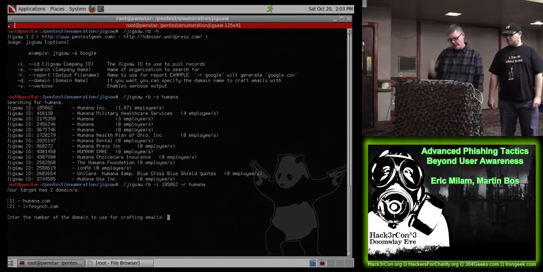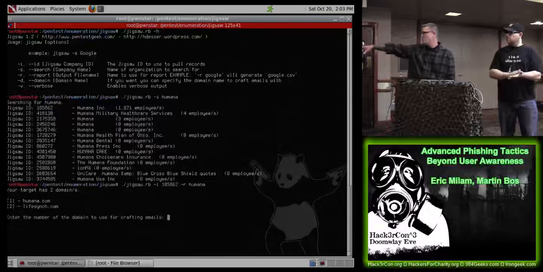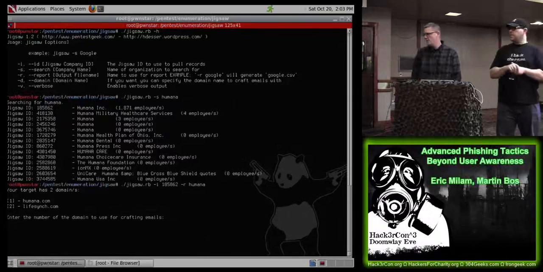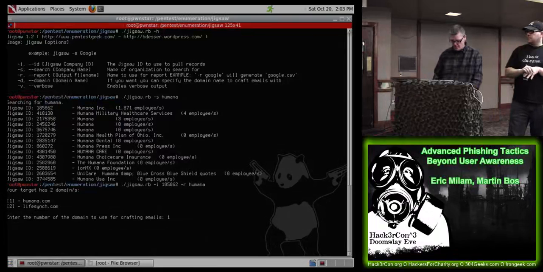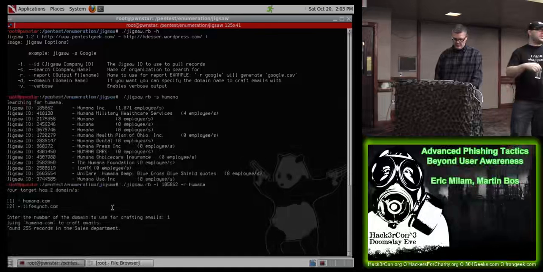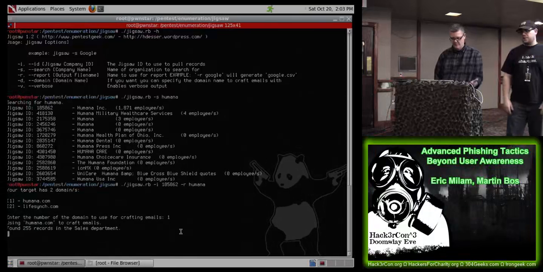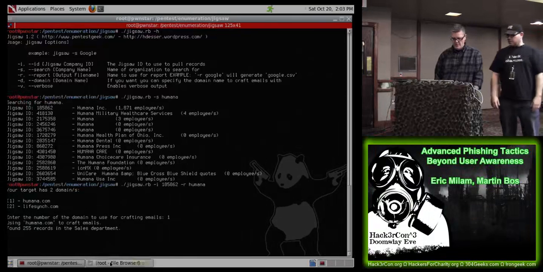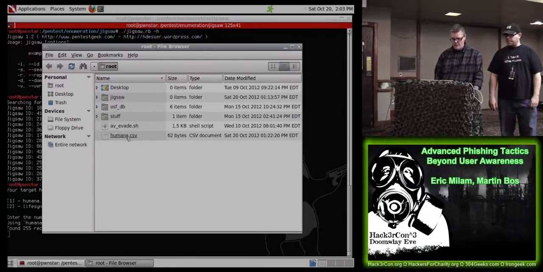The only other thing that it asks you is that if it finds multiple domains that are linked to Humana, you just got to choose the domain. So we're just going to do Humana. Like if a company buys another company and it's still got the domain, but what this will do is when it builds the actual emails for you in the CSV, this is the domain that's going to get used for the email examples. And so this takes a while, so we've actually got it already